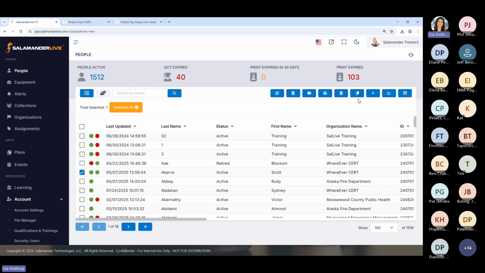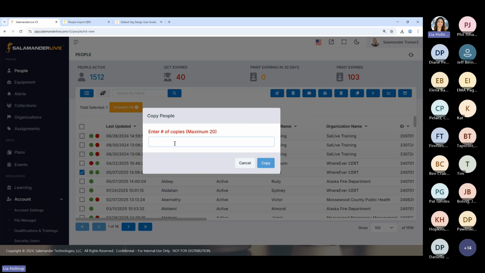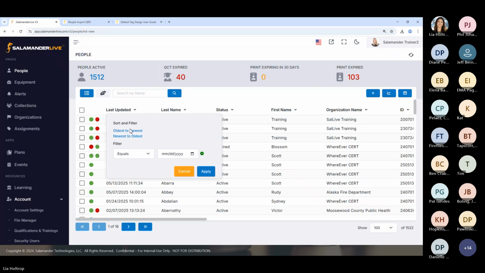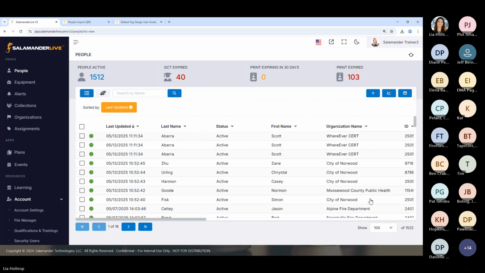Let's say he is a part of multiple fire departments, so let's say 3. Just going to do a quick copy in here. Newest to oldest. So Scott Ibarra, you're switching